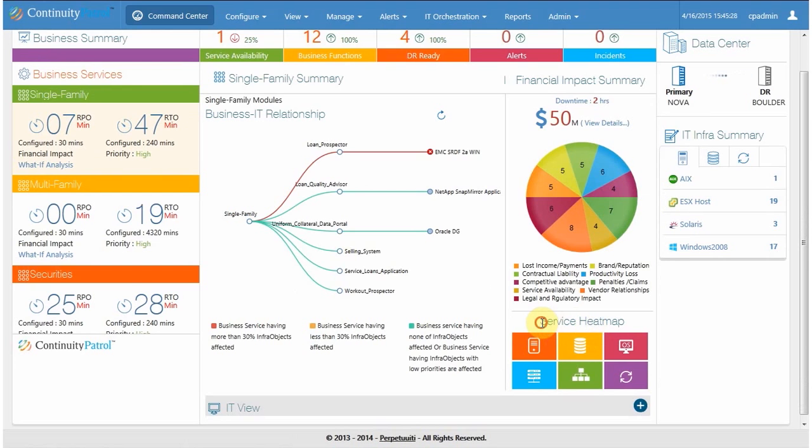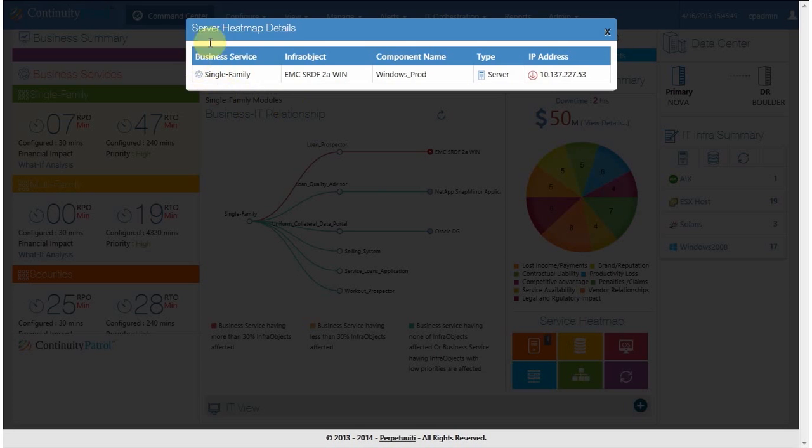Service heat map. This section displays 6 icons representing 6 IT layers, namely servers, databases, operating systems, storage units, networks, and replication. In case Continuity Patrol identifies any problem with the configured IT component, this section will display a numeric digit on the top of relevant IT layer icon. When this flashing number is clicked upon, a list of impacted component is displayed, which helps pinpointing and identifying where